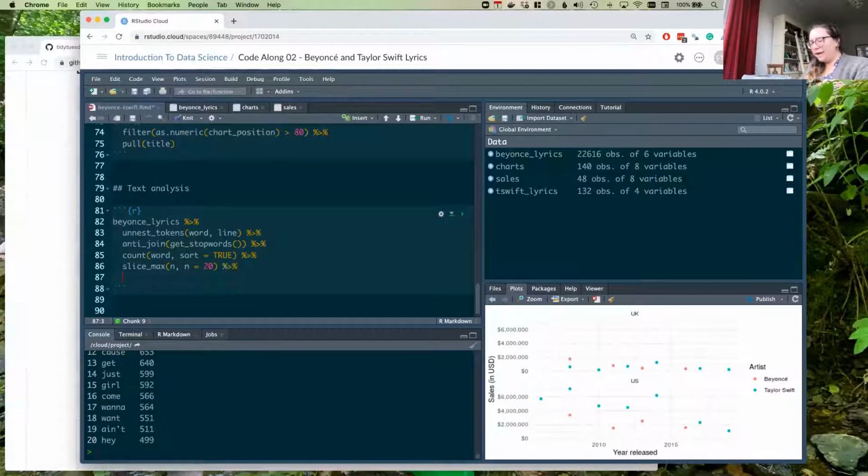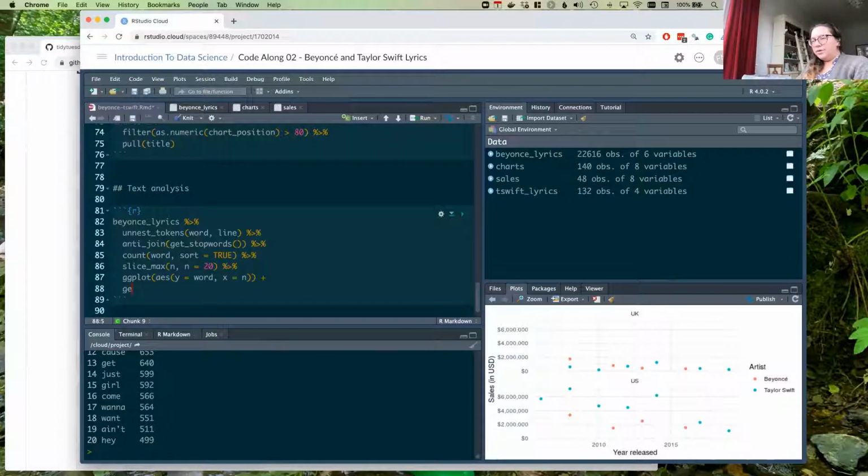Okay, so let's make a bar plot. The data set we're plotting is this. On the y-axis, I'm going to put the word, and on the x-axis, I'm going to put the n.